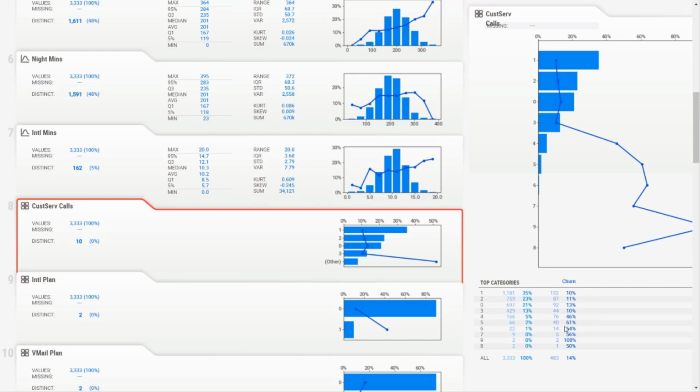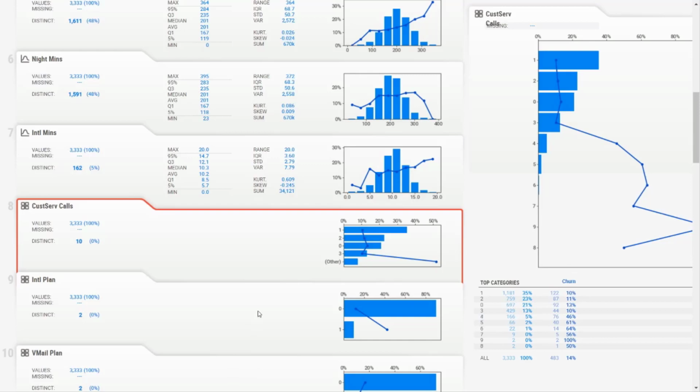And you can also see there are customers who sent about five messages. They are churning out more, but again you can see the count is very low here. There are about 166 customers and 66 customers who sent about 4 and 5 messages within a month, which contributes to 46 and 61 percent of your overall churn. But again, you have to look into the count also. The count is not that much. But this is a good indicator to look into the messages also. This seems to be a very good feature for further analysis.